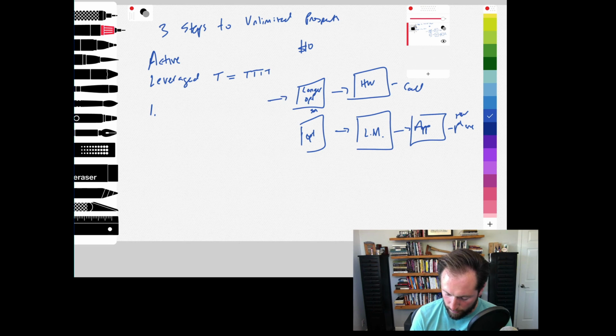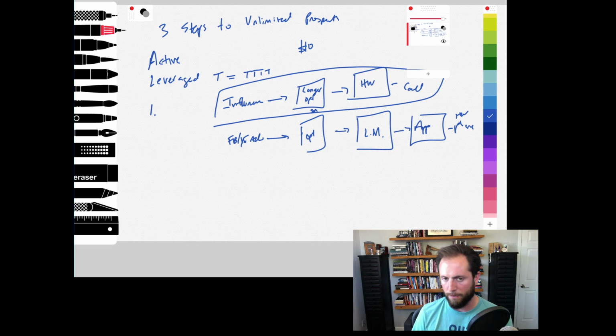This one right here is, generally speaking, influencer traffic, and we'll talk about that. And this one is going to be like Facebook or YouTube ads, or other ads are fine too, but Facebook or YouTube is usually the best. So your first step is actually to build something like this. This is what I would focus on, all right, because this is going to be the easiest way for you to do it. So you're basically building a really basic funnel, all right, really basic funnel.